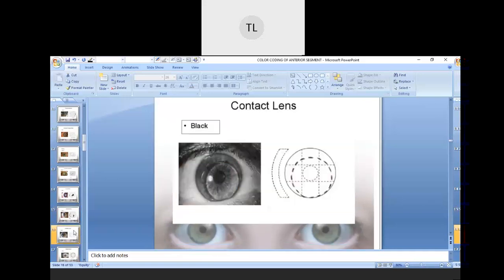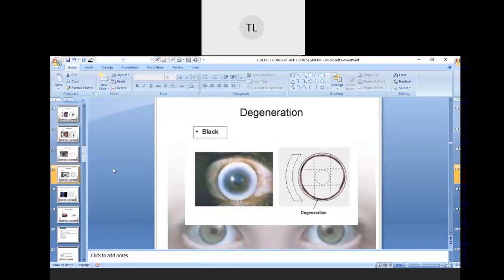Okay, so next we have is a contact lens. Like I said, you can see this is the ending of the contact lens, right? So before the eye we have to draw it with a dotted black color. Okay, so next we have is a corneal degeneration. If there are any changes that occur in the corneal tissue according to age, we can see a corneal degeneration over the ending of the cornea, about at the limbal area. For that we can draw it in a circular way with a black color.